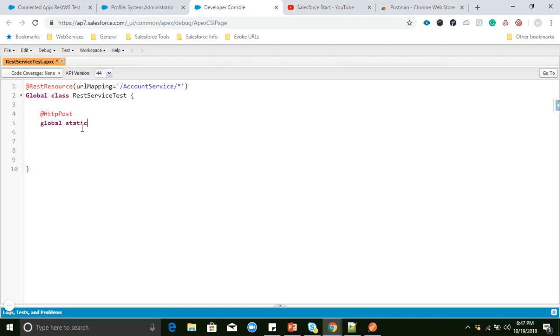Just remember, we always need to use the global and static keywords in the method, and the return type is string, and doPost. I will return something like, post method called from SAP.